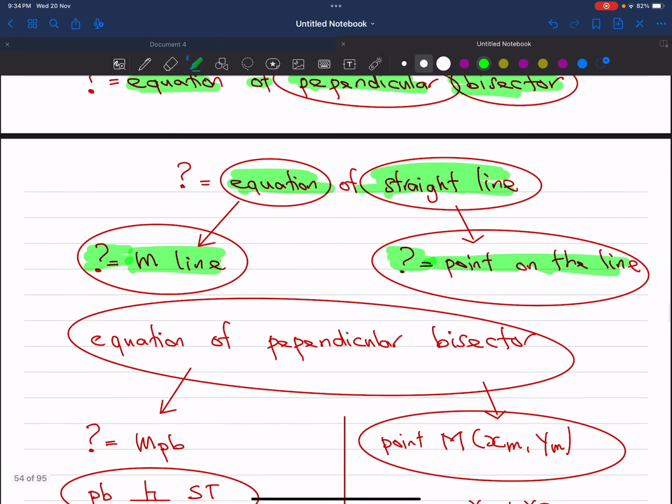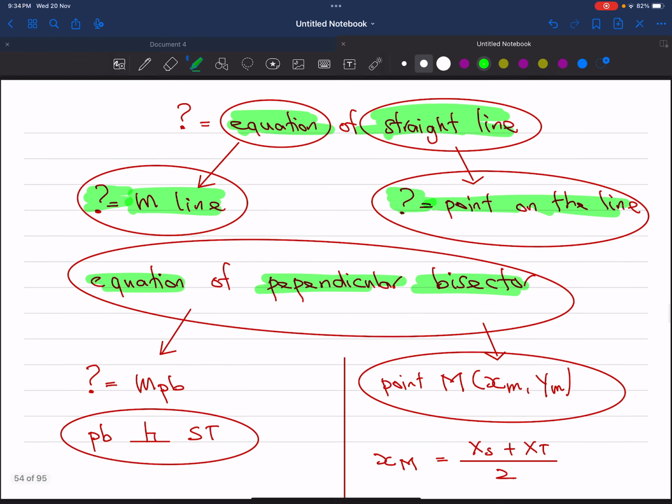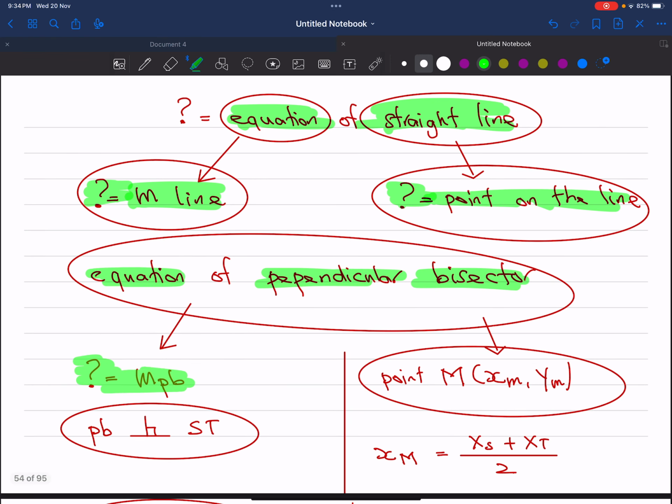Therefore, to find the equation of the perpendicular bisector, I'm using the short form PB, we need the gradient of the perpendicular bisector and